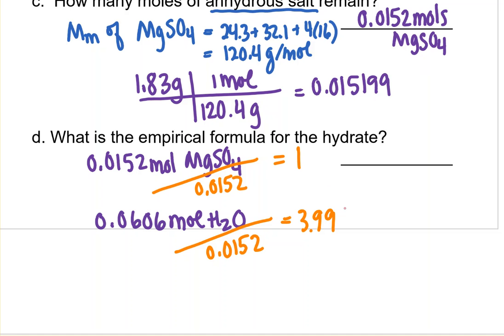So at this point, what you want to do is round this number to the nearest whole number to get your answer. And one thing to think about too, and I don't mind if you do this, is to just round it up to the nearest whole number, because if anything, this number will be too low, like you didn't heat it long enough. And so if you want to just round it up to the nearest whole number, whatever you get. So on ours,